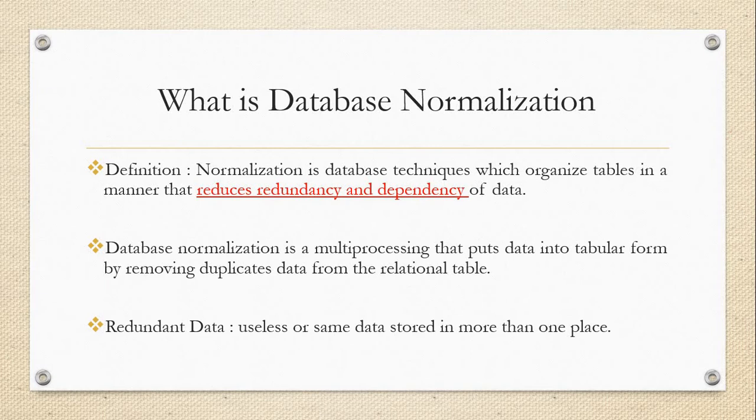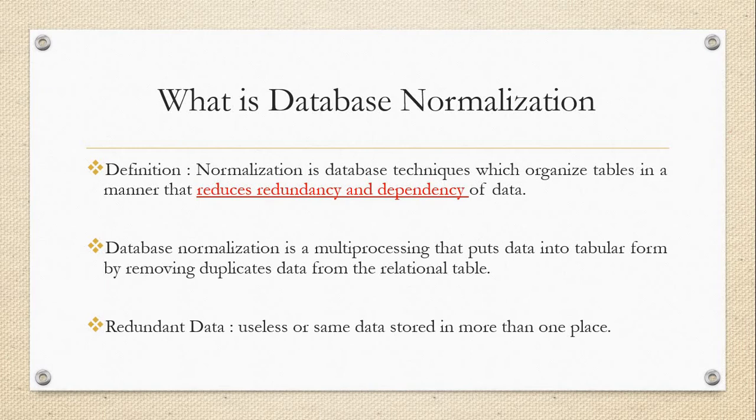For example, assume that I have two tables available. The first one is employee and the second one is salary. In the employee table the name is available, and again in the salary table the employee name is available. So we have duplicate data. Once we store the name of an employee, we cannot store that employee name repeatedly in another table. When we retrieve that information, we get two names at a time. The names are the same, but we get two names. So we need to reduce that, and that can happen only by using normalization.